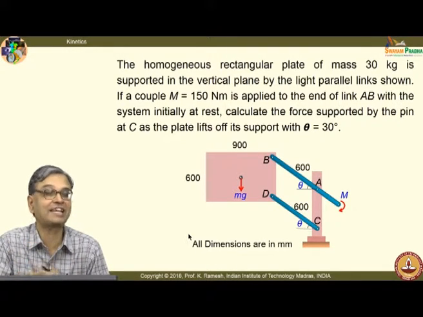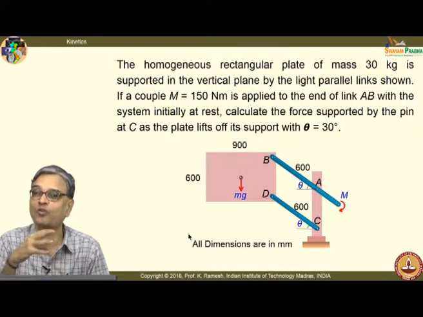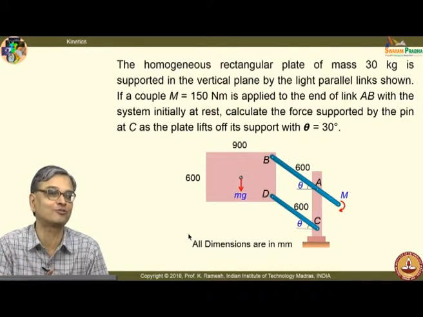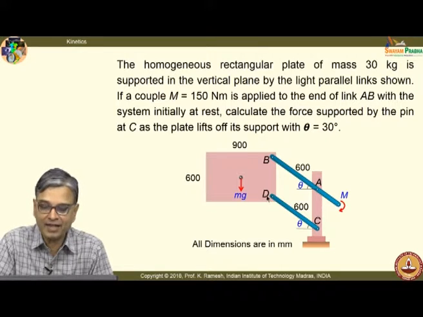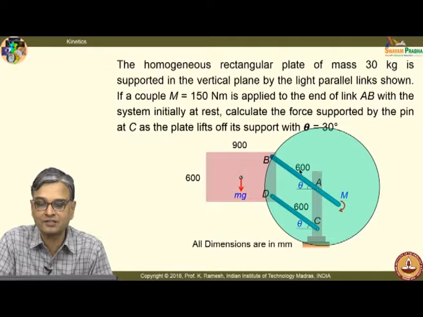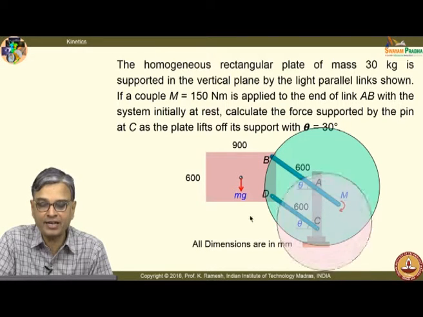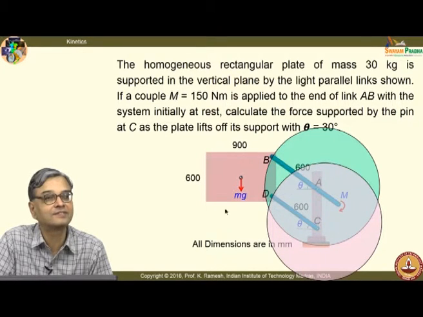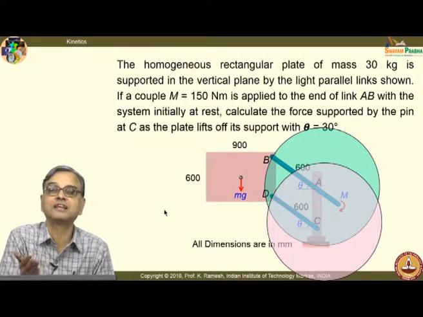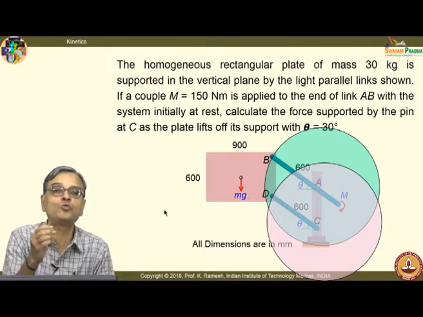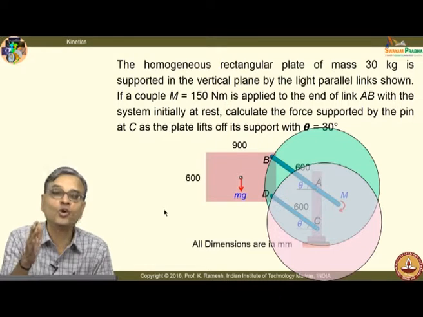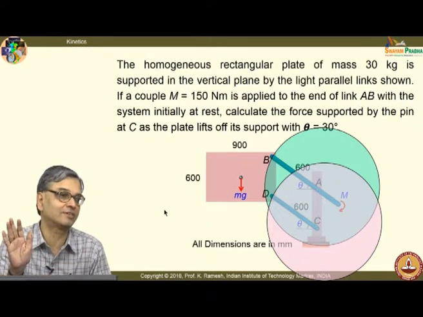You should first recognize that it is translation and then qualify what kind of translation it undergoes. So, when I have a link like this, it can only have a circular motion like this. For this, I will have a circular motion like this. It will go in an arc. And if I have point D, it will also go in an arc. And you know very well, we have discussed, if the velocity of 2 points are known in a rigid body, the complete story of the rigid body is known.